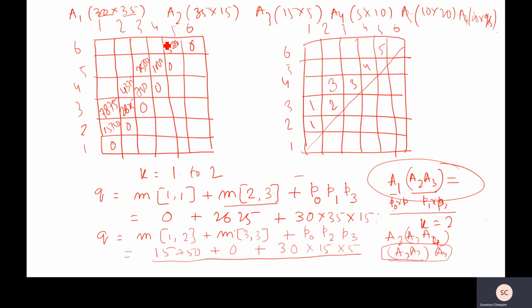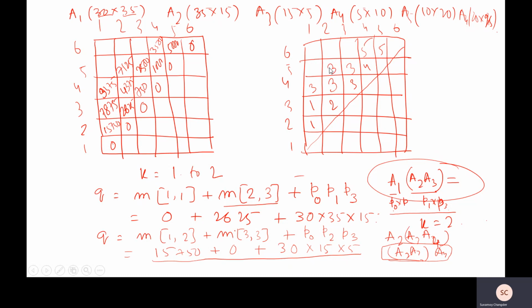In this way, you go on executing the whole algorithm, and you will find this value is 2500, this value is 3500, and this one is again 135. In the next higher step, L will be equal to 4, because we have to multiply A2 to A4, A2 to A5, A3 to A6. These values will be 9375, and the corresponding value is 3. Then 7125, the corresponding value is 3, and then 5375, the corresponding value is again 3.